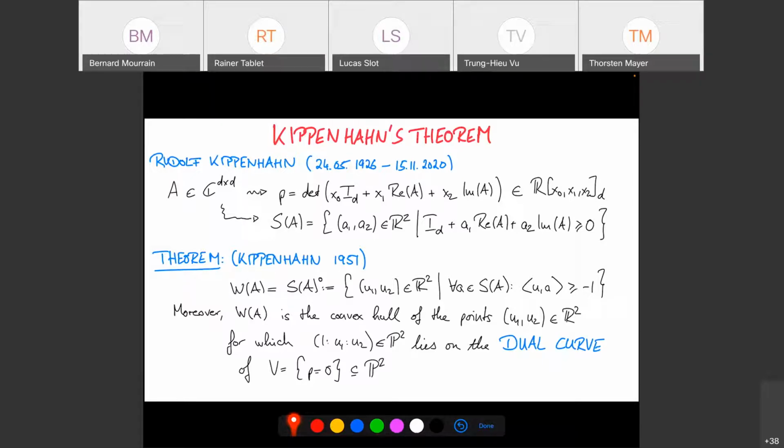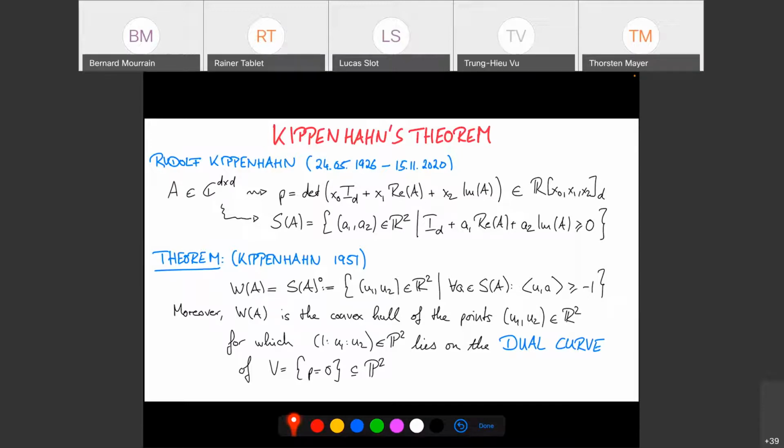Okay, so not only are they polar duals of each other, that's very easy to see actually. That's general convex geometry. If one thing is a projection of a cone, then the dual is a slice of the cone. So that is not so hard to see. We defined S of A as a slice of the cone of Hermitian matrices, and we have seen before that W of A is a projection of the cone of Hermitian PSD matrices, so this is general duality of convex sets. It's not hard to see, so the point of the theorem is really the second part.